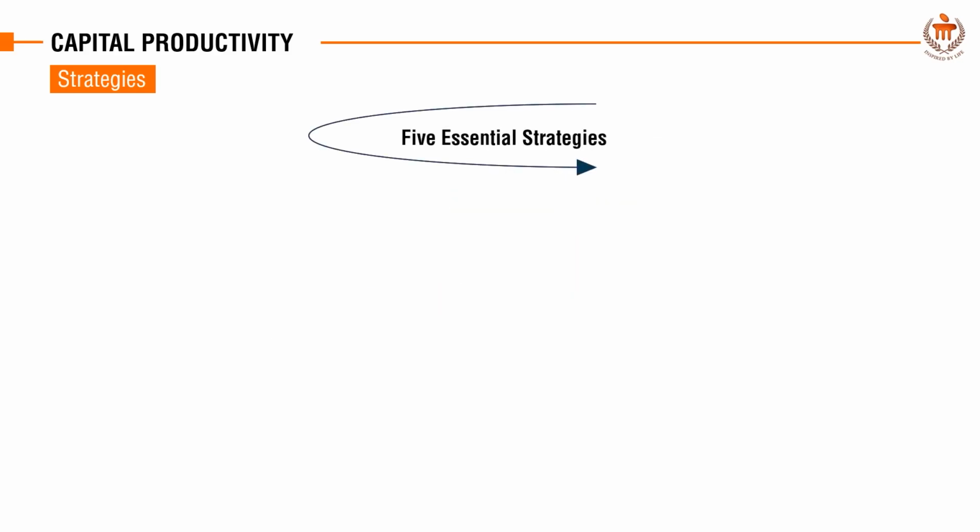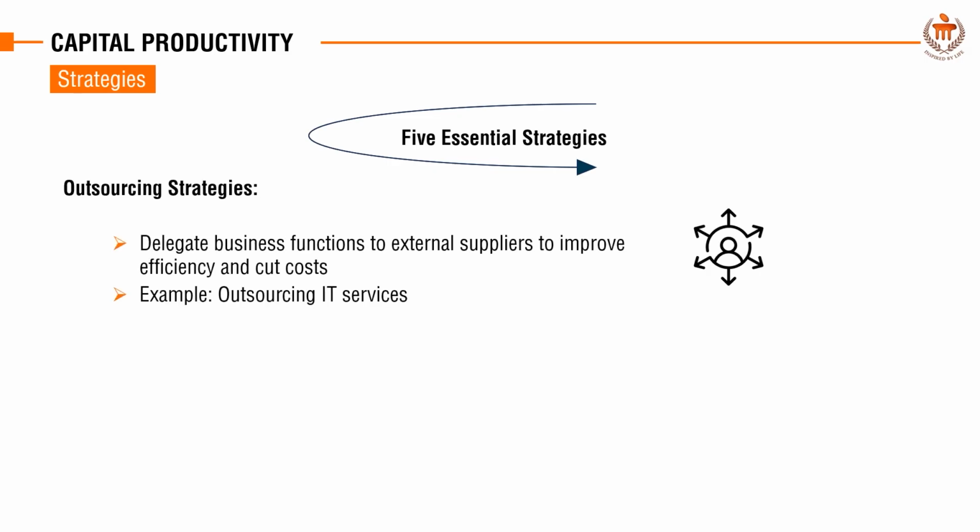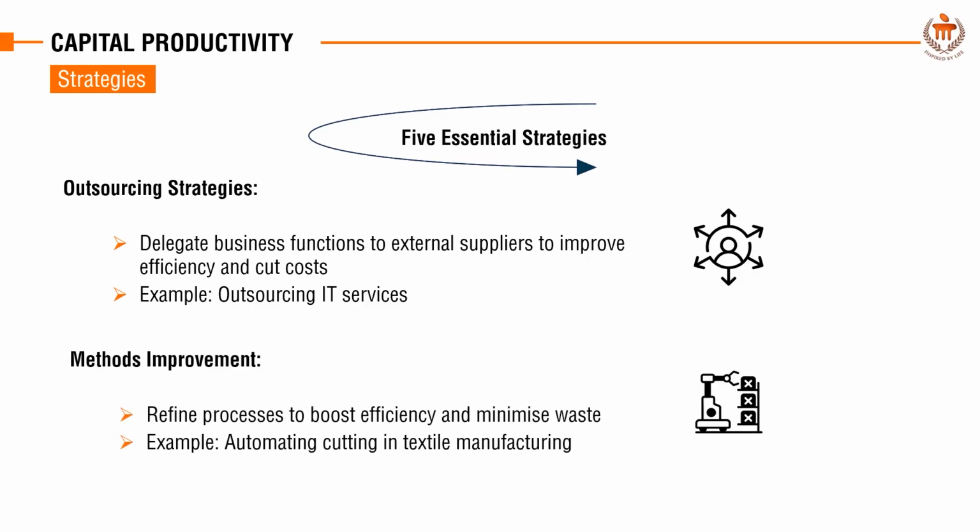Here are 5 essential strategies. Number 1, outsourcing strategies, wherein outsourcing involves delegating specific business functions to external suppliers to improve efficiency and reduce costs, such as a manufacturing company outsourcing IT services. Number 2, methods improvement, wherein it focuses on refining processes to increase efficiency and reduce waste, exemplified by a textile